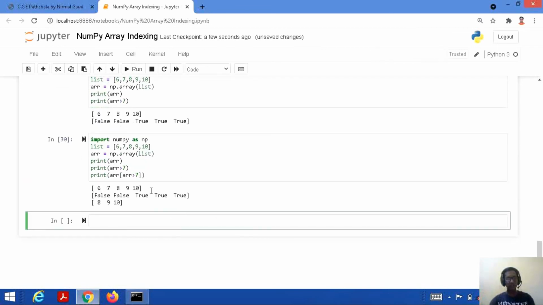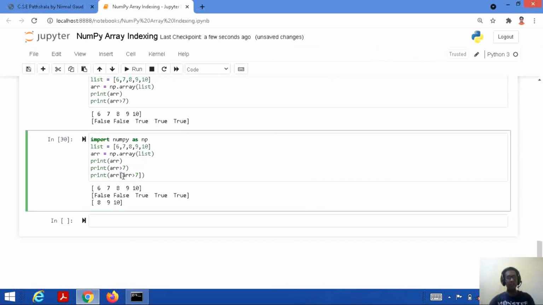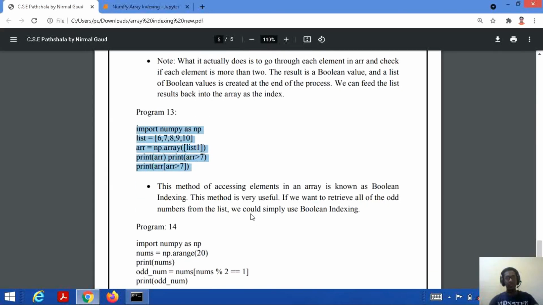So here it is. Now what happened is, whichever values are true here, those will be printed. That means 8, 9, 10, they are greater than 7. So we have given this again as an index to the array. So it has printed 8, 9, 10, these values, and the first two values 6 and 7, since they are false, they are not satisfying the condition, so they are not printed. Okay, again